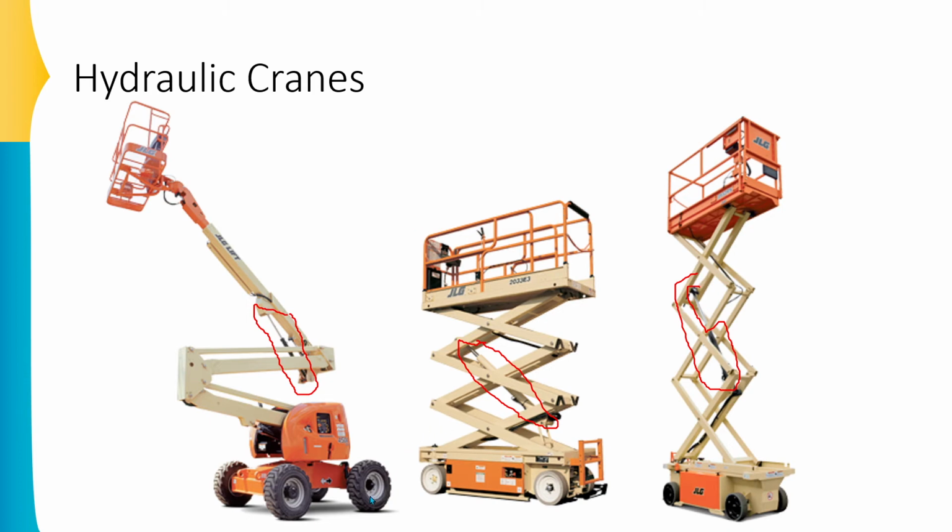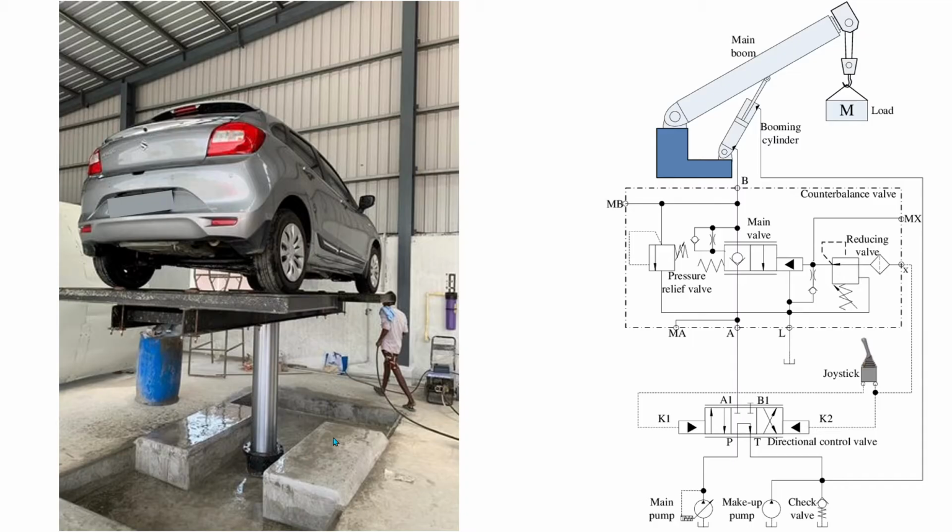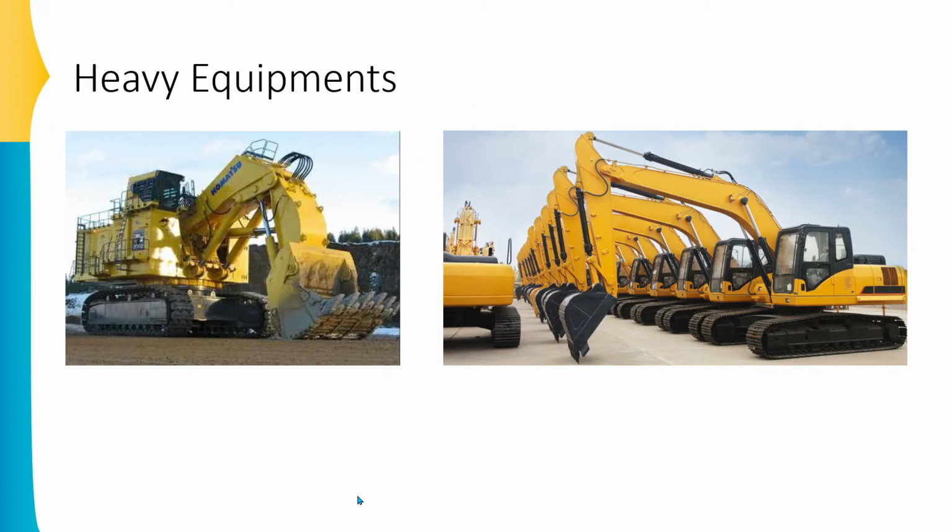At the same time, in a practical way, if you go to the service station for servicing your car, you have observed this hydraulic elevator. This one is also operated using the hydraulic power system. Other than that, if you talk about heavy equipment, all these cranes are operated in a hydraulic manner. Over here one actuator is available, this is the second area where an actuator is available, and this is also one kind of hydraulic actuator.